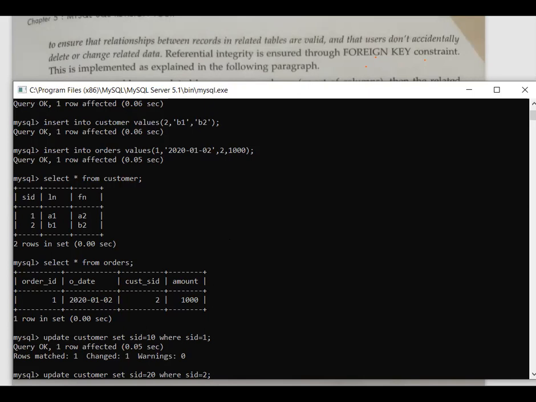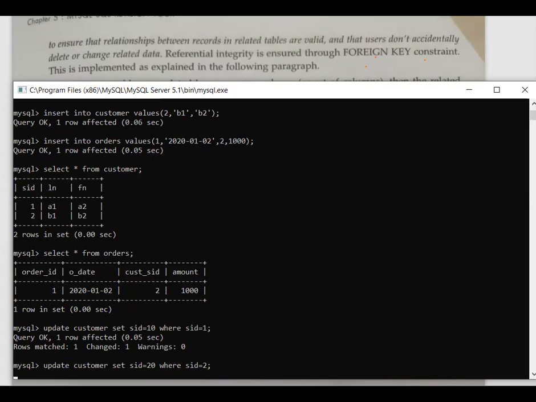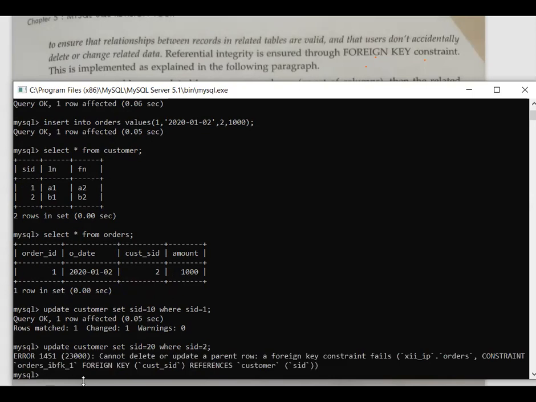Yes, ma'am. हाँ, वर्क करेगा बेटा ये? मैम मेरे हिसाब से तो नहीं होगा. नहीं होगा. और रीजन क्या है आपके हिसाब से? क्योंकि मैम मेरा जो ऑर्डर्स का जो टेबल है ना उसमें भी कस्टमर SID 2 दे रखा है उसमें भी. इसलिए वो चेंज नहीं करना चाहिए, है ना? हाँ, very good. See, answer is correct. Again, it will not work.